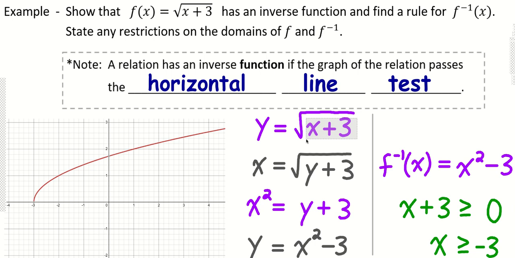Okay? So we're restricted by the fact that this x plus 3, back in the original f function, has to be greater than or equal to 0. I cannot be plugging in anything for x that would disobey this. So this basically describes our possible domain. And all I got to do is solve for x, just get x by itself. And this basically states my domain, that x has to be greater than or equal to -3. All right? There's other situations that restrict the domain. Hopefully we've talked about that, or if not, then